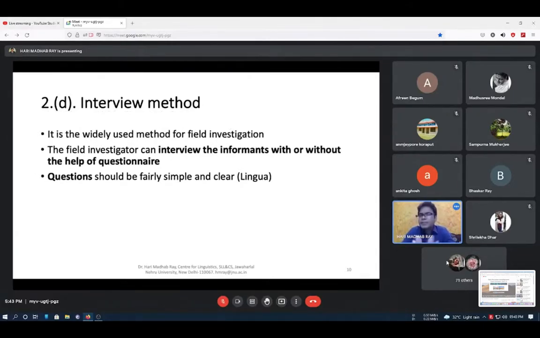The field investigator or the researcher, whoever you are, can interview the informants with or without the help of a questionnaire. At times you have to have the questionnaire in your hand, and at times without a questionnaire is also fine, but especially at the beginning level